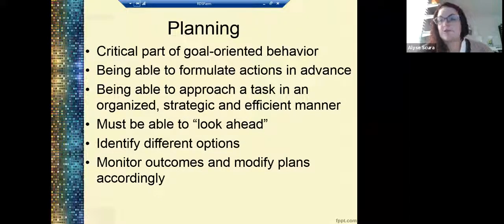Being able to approach tasks in an organized and strategic and efficient manner. Very important. Again, nobody ends up in their career without that planning, without organized thought, without some strategic work. And think about how difficult that would be for some of your individuals. Put yourself in their shoes. If they have a goal of obtaining a full-time job, and right now they're not able to be in their community independently, and they don't really have any employment skills, that's going to take a lot of organized and strategic planning and actions in order to reach that goal over